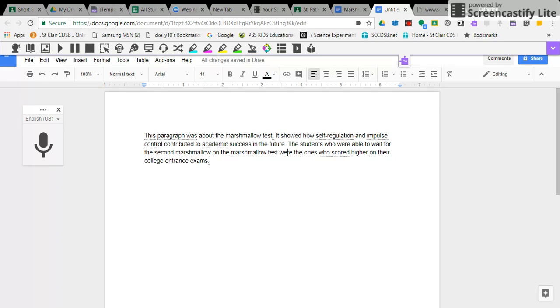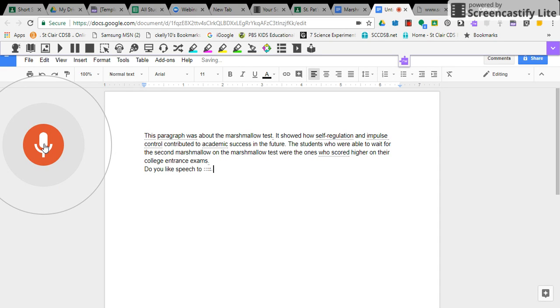Okay, so that is how you do the speech to text. There's a couple of commands. So I said period when I wanted it to put in a period. You can also do that for an exclamation mark. So let's try this. I'm going to click on my microphone again to activate the speech to text. Do you like speech to text? Question mark. So you can see it adds in a question mark,